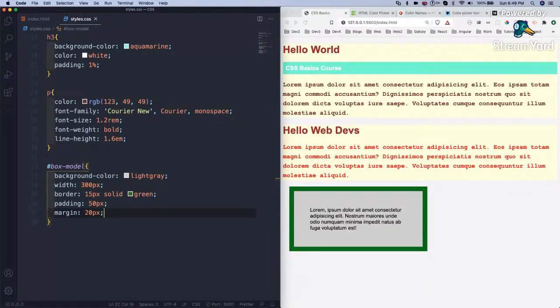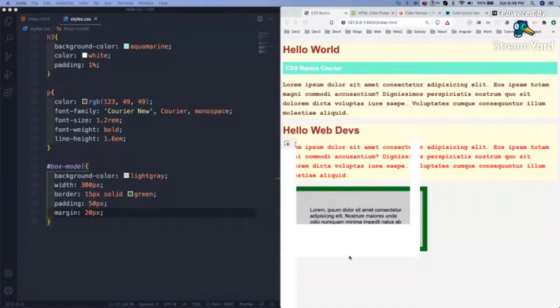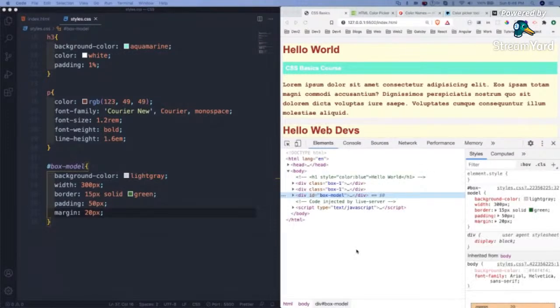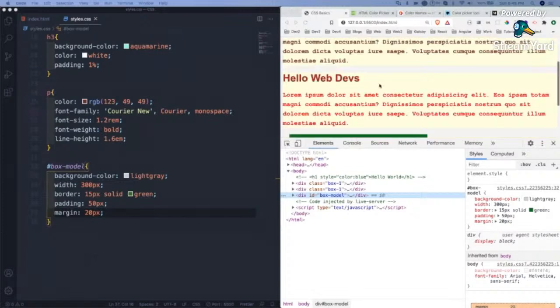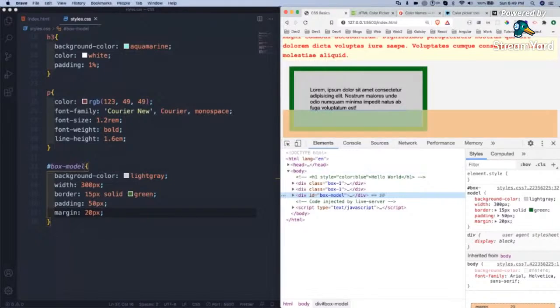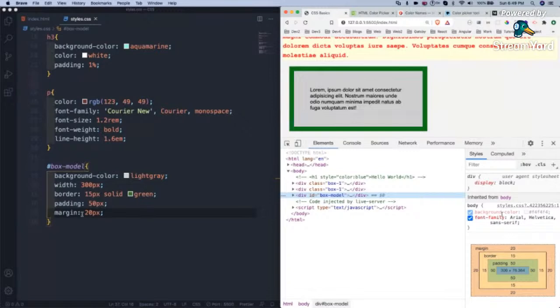So if I open it, yeah, I'm inspecting it. And if I go down, it will show me the box model, meaning what it is there right now.